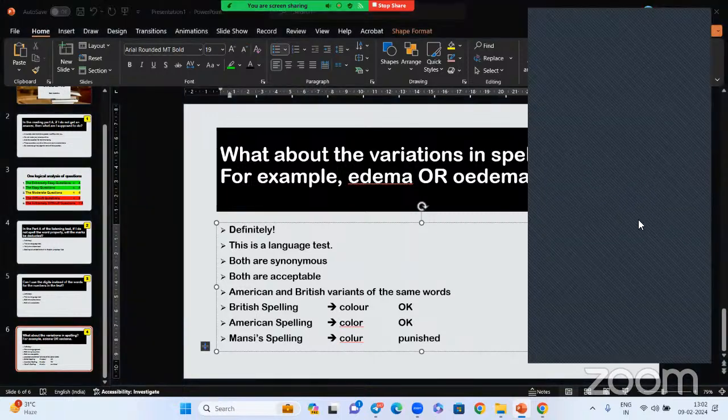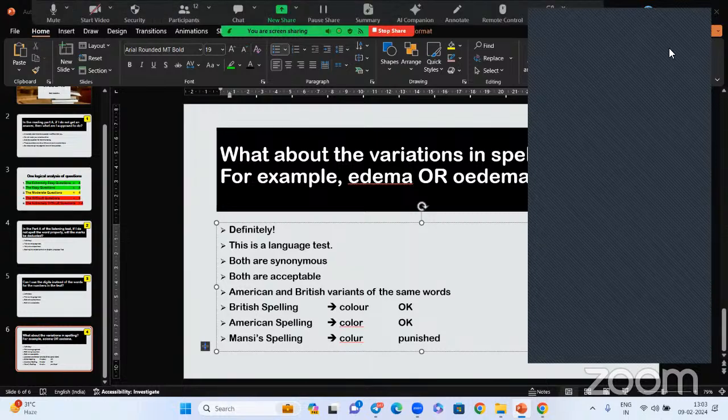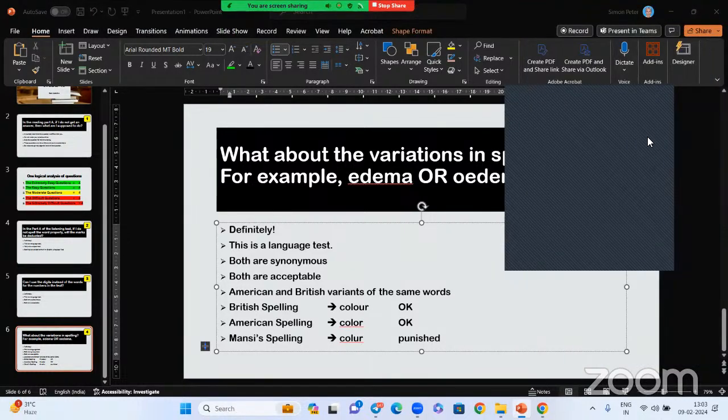Anybody else? Any more doubts? Even the other students can ask. Any other students? In listening part B, if I miss an article, can it be accepted? Listening part B, where is the question of an article, my dear? Listening part B is multiple choice.